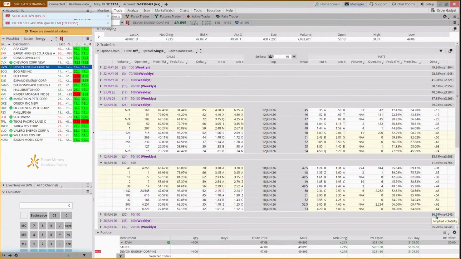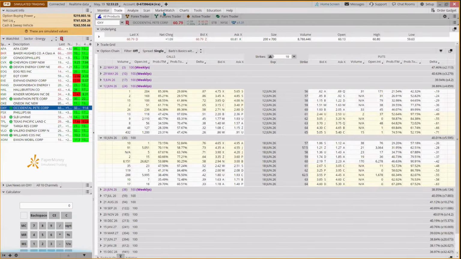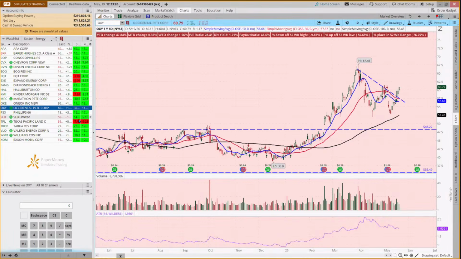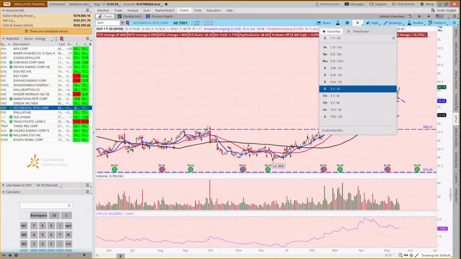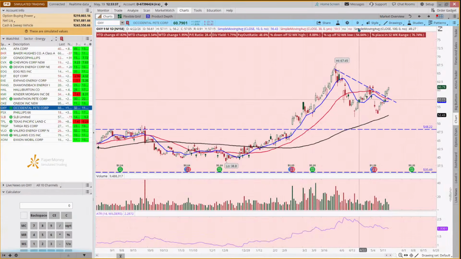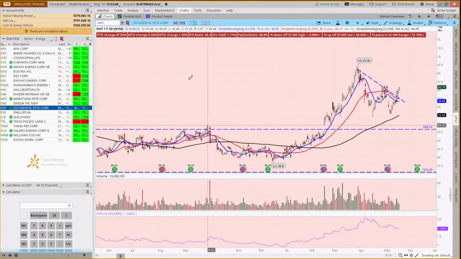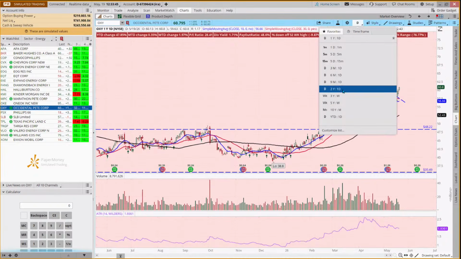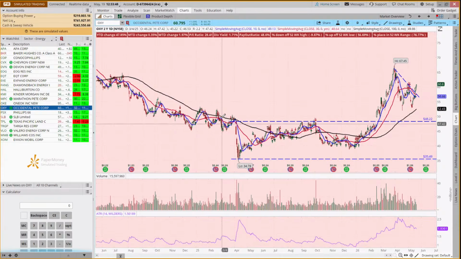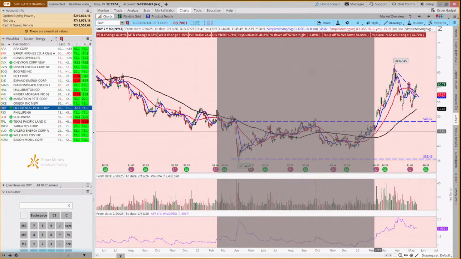Okay, so we've looked at O&O. Let's come and look at Oxy. And again, I was just kind of clicking through, linked the chart, and you can click through pretty quickly. And like someone said, maybe you want to look at a longer term view of some of these before you look at the shorter term view. And if I had these lines drawn, I'm thinking that, yeah, it was downtrending. The energy sector was getting kind of beaten up. We had this cup and handle pattern form. This is a 2-year chart.